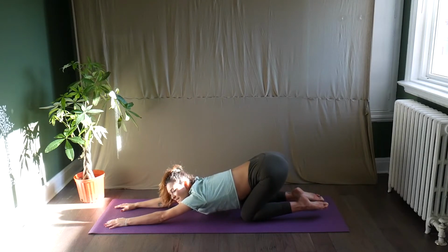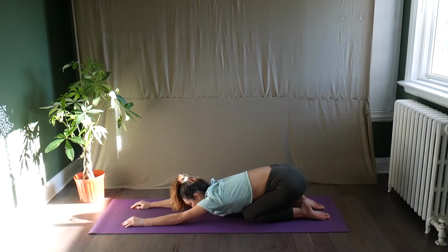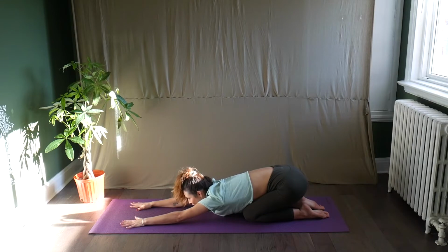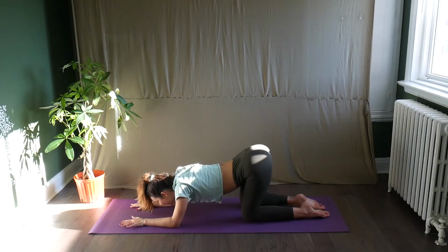Start to release the toes, tops of the feet come onto the mat. You're in your full extended child's pose. We're going to begin to do a little bit of a flow here. So keeping the elbows locked and where they are, we're going to inhale, ripple forward like a wave, keeping low